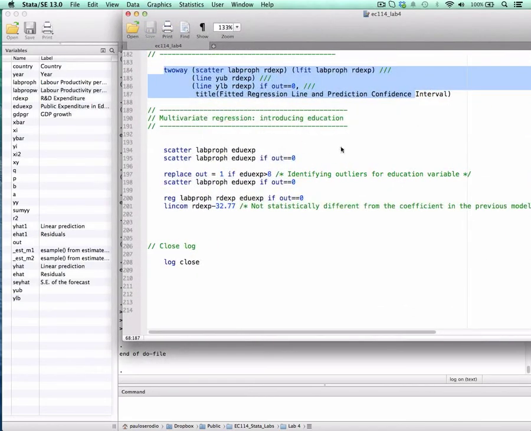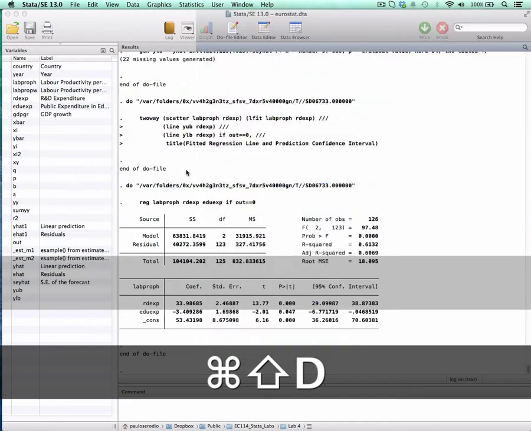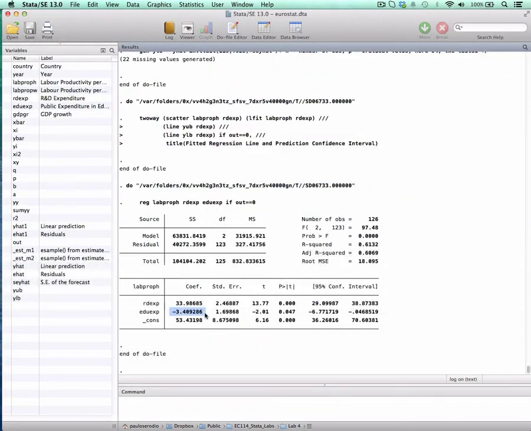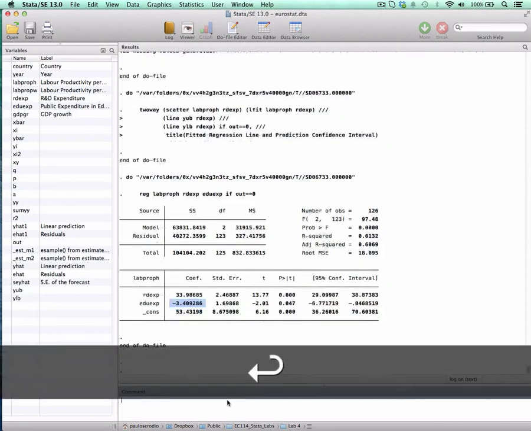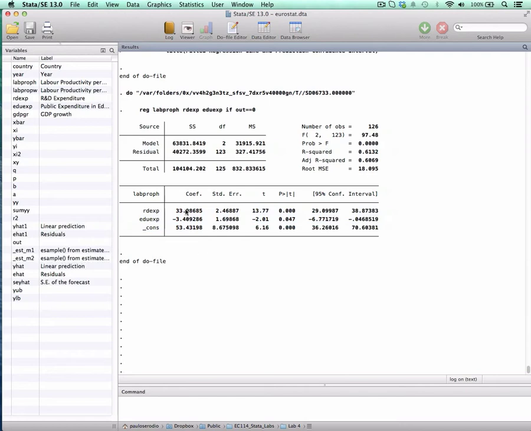When adding other variables to our regression, the regress command simply takes it as another covariate. So if we want to include education expenditure to predict labor productivity per hour, we simply add it to the regression line, and again, running it for the case of no outliers, it simply is added on here in the regression output. So a few words on the regression output: it gives you a column with the coefficients, standard errors,